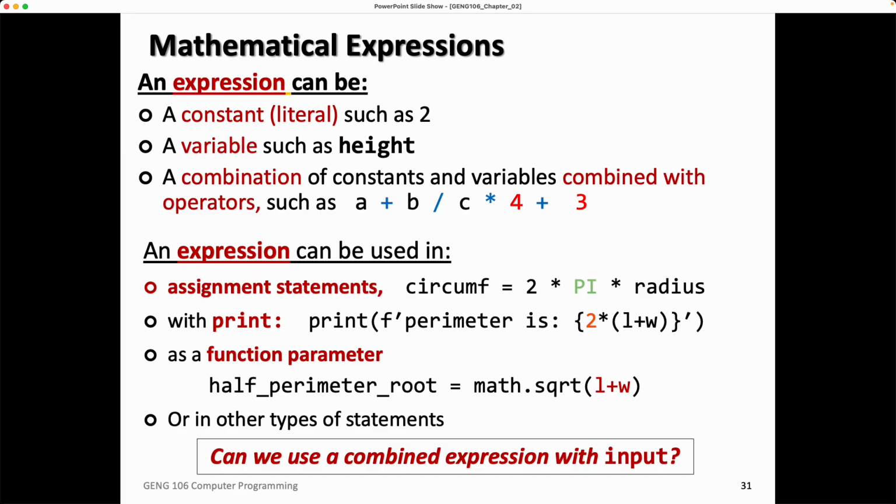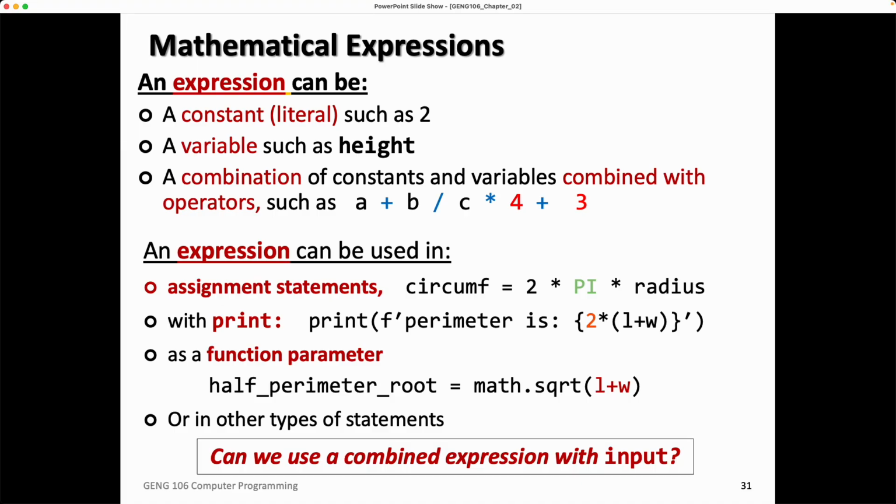So this will also be an expression. And we can use expressions to assign a value to a variable, or we can use them to print. We don't always need to give only a value or a variable. We can also write an expression and then its result will be printed, or we can also use them as an input to the parameters, and then the result will be given as a parameter. Like